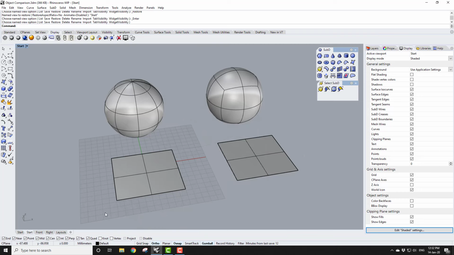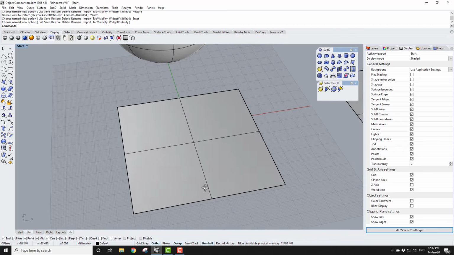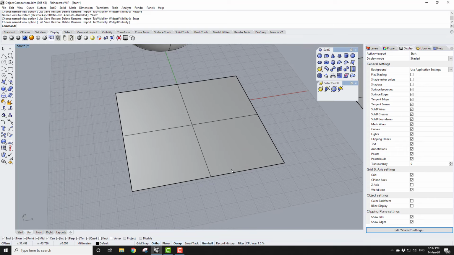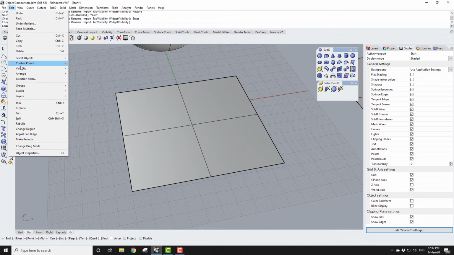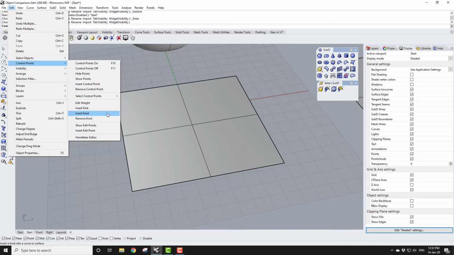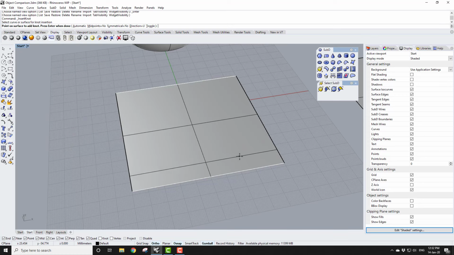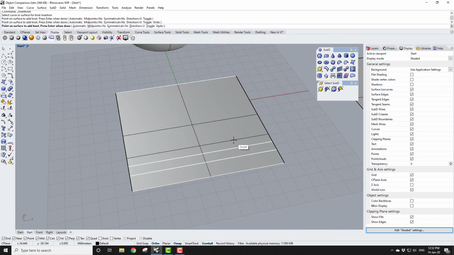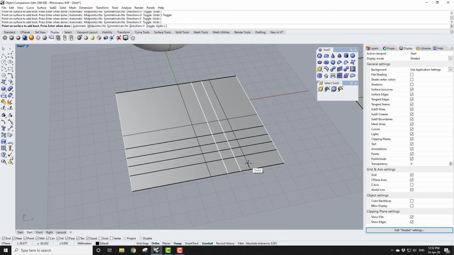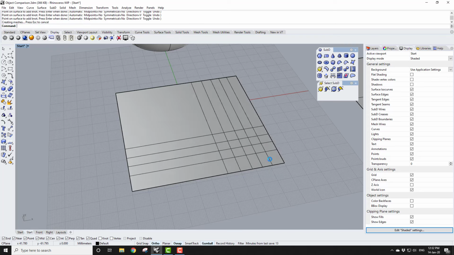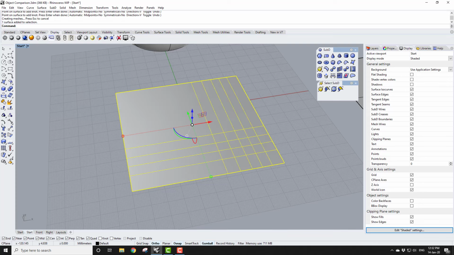Perhaps the biggest difference though between NURBS and SubD is how we add local control into a surface. If I just look at the NURBS surface to start off with, if I want to add some local control into this area, then I'll need to add rows and columns of control points. So I'll do this, for example, by going to Edit, Control Points and Insert Knot, and I'll insert some knots in the U direction, and then I'll hit toggle and I'll insert some knots in the V direction. So this will give me